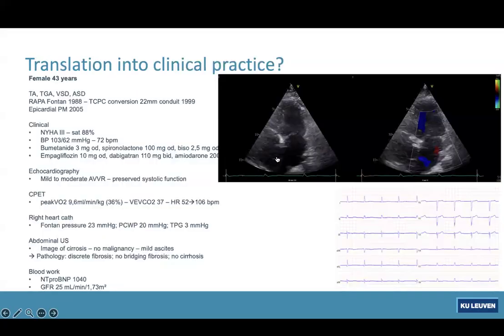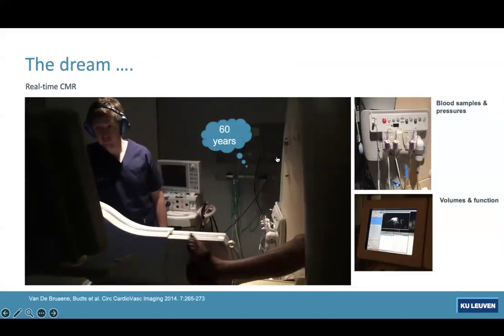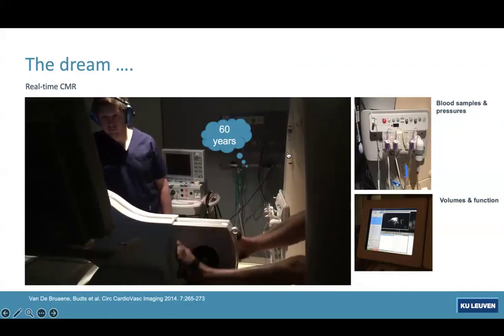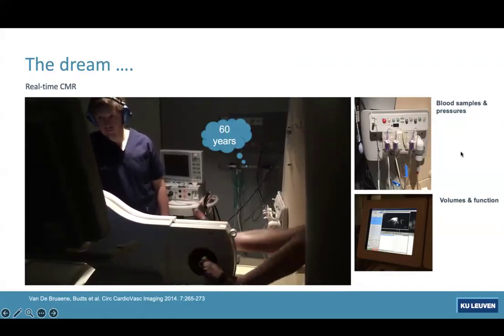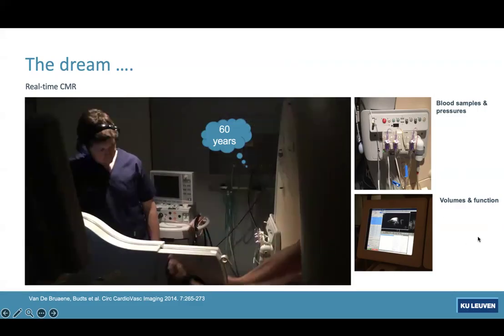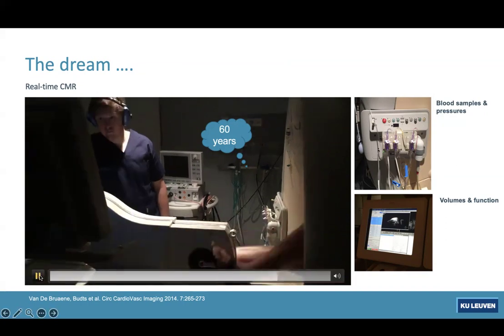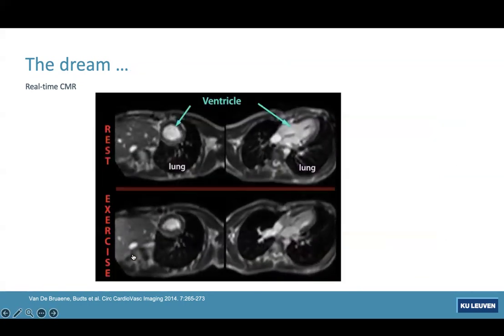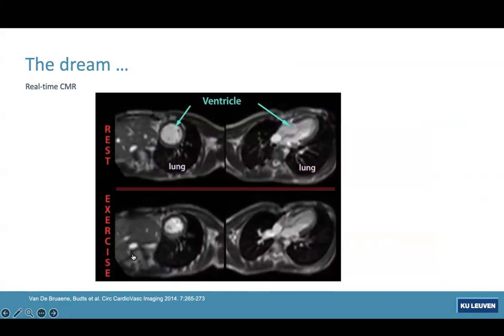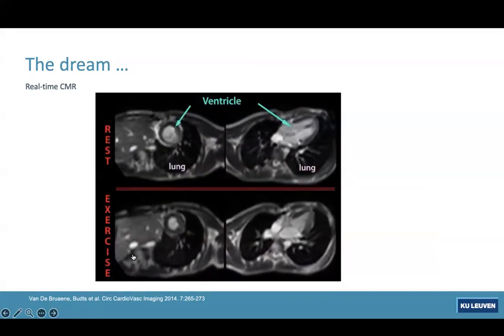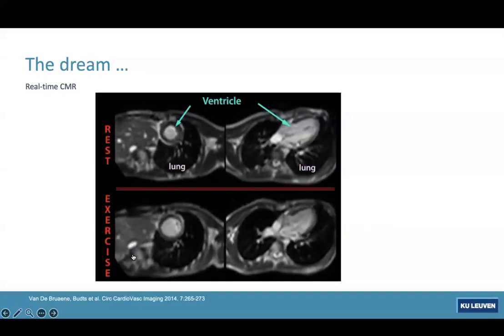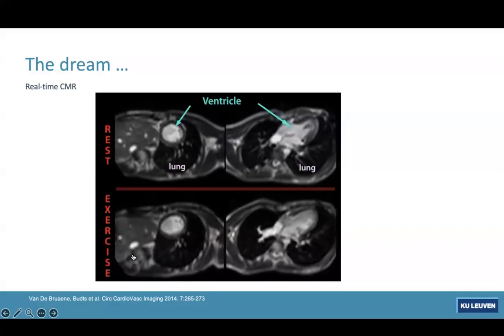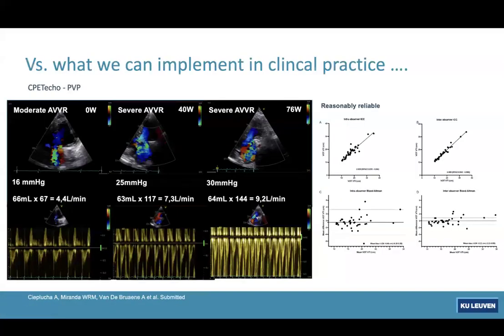So what else can I do to make her feel better? What we did 10 years ago was put patients in the exercise CMR, with blood samples and invasive pressures. So we had excellent volumetric data, functional data, and pressures. This is an actual Fontan patient in the CMR, a 60-year-old, which is quite amazing. And then you get those images, and that's obviously what I would like in all of my patients. But when I call the radiology department, they say it takes a lot of time and a lot of effort to get patients through that test. So I couldn't do it, at least not for all my patients.